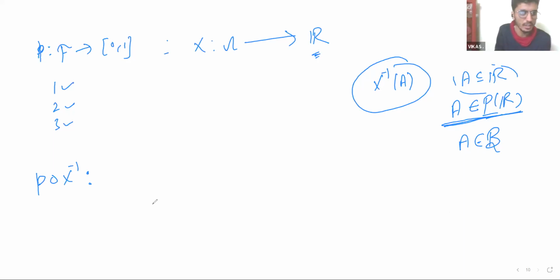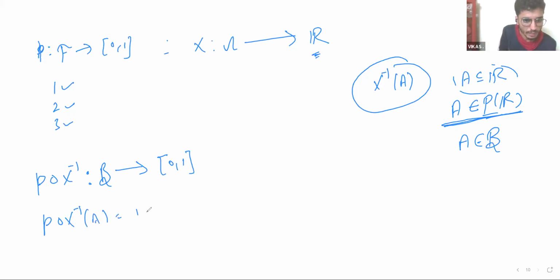So just try to convince yourself that X inverse is a function from B, the power set of R, to the power set of omega. What does it mean that P of X inverse of A?